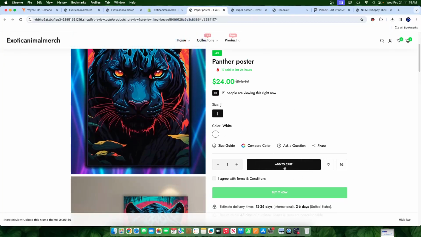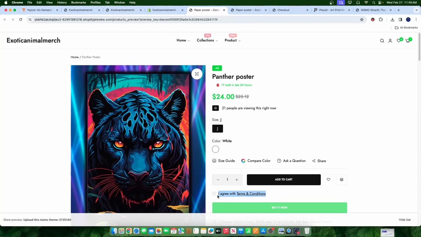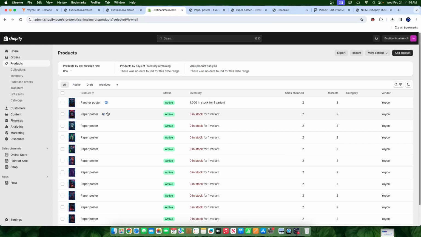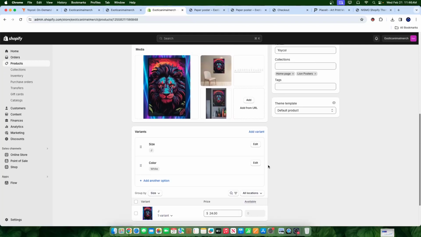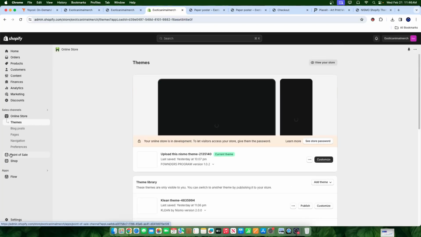So now you can kind of see how we can fix that. The next thing I'm going to do is I'm going to probably remove this right here. So I agree with terms and conditions. This is beneficial for some people because if you're experiencing like high chargebacks or something like that, you probably can fix that just by picking the right market to advertise to. However,